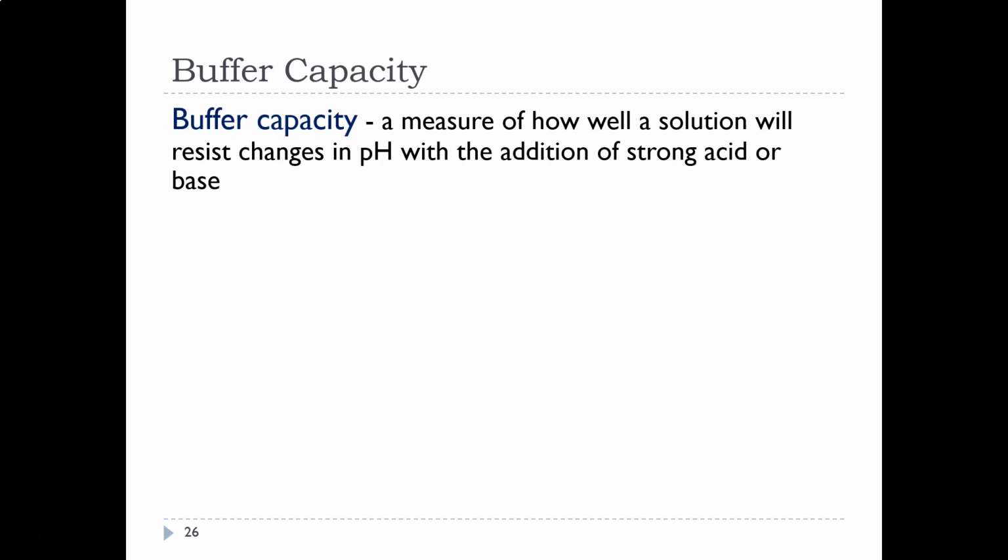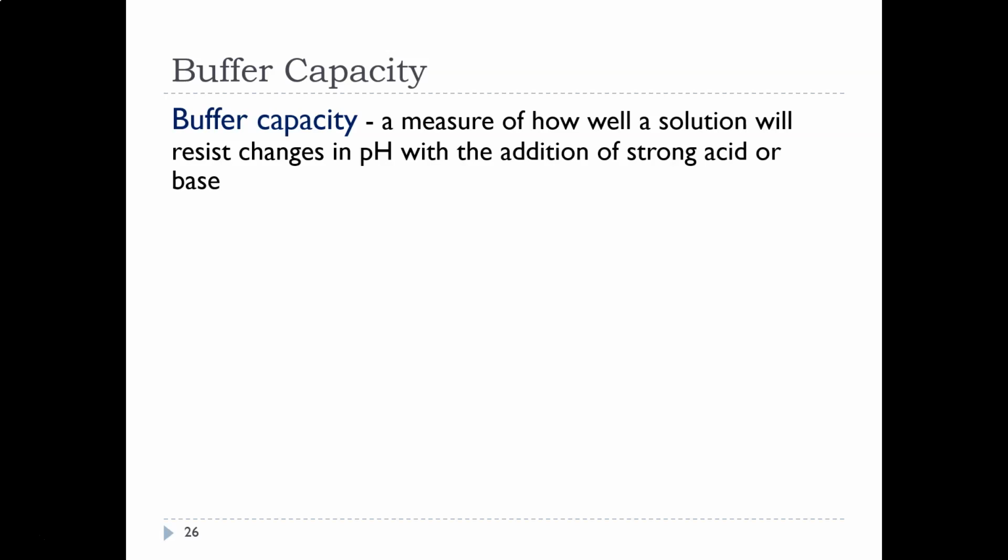So again, a buffer is a mixture of a weak acid and a weak base. Either if it was made with a one component or two component method, it ends up being a weak acid and a weak base. And it resists changes in pH, having tenths of changes in the pH value instead of whole number changes in the pH value. But certain buffers are only useful at certain pH values. And once it's possible to add so much strong acid or so much strong base, the buffer stops resisting